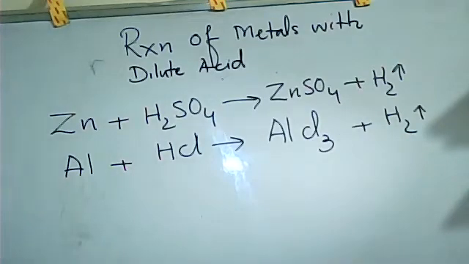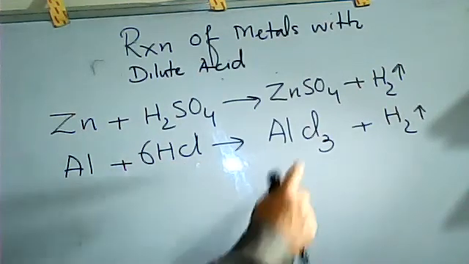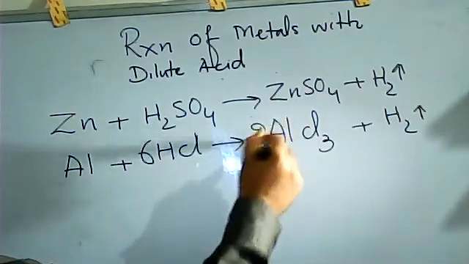That is 3 2s are 6. So we can balance it by writing here 6 times hydrochloric acid. Now, we have to balance it on the right hand side because we have only 3. So we'll write 2 here, twice